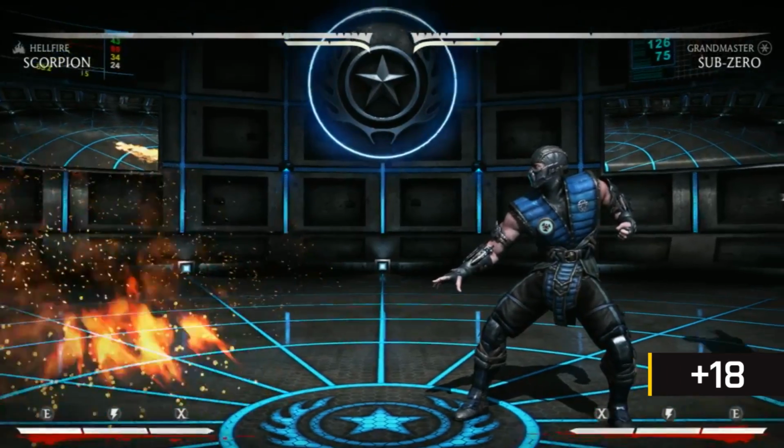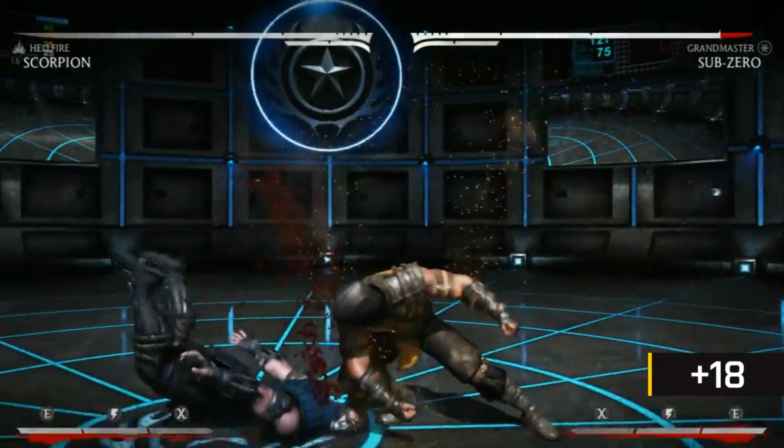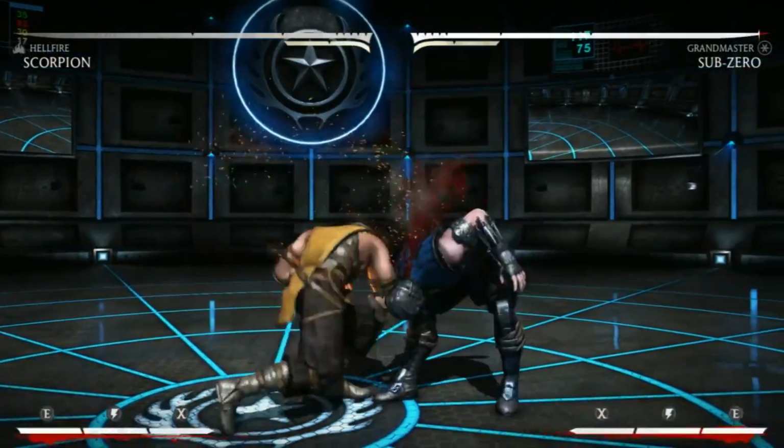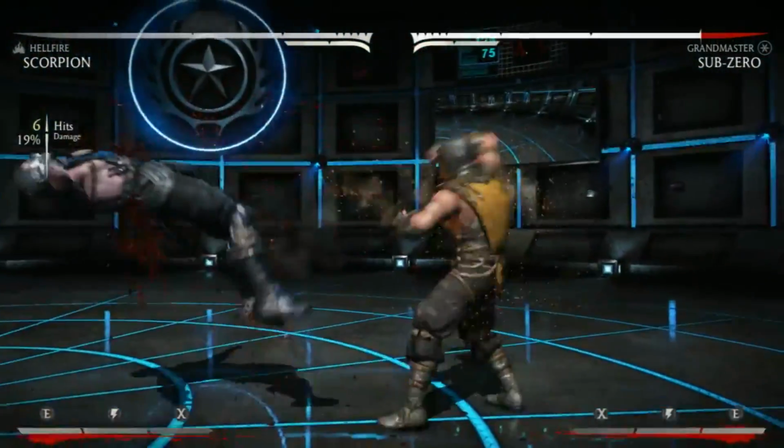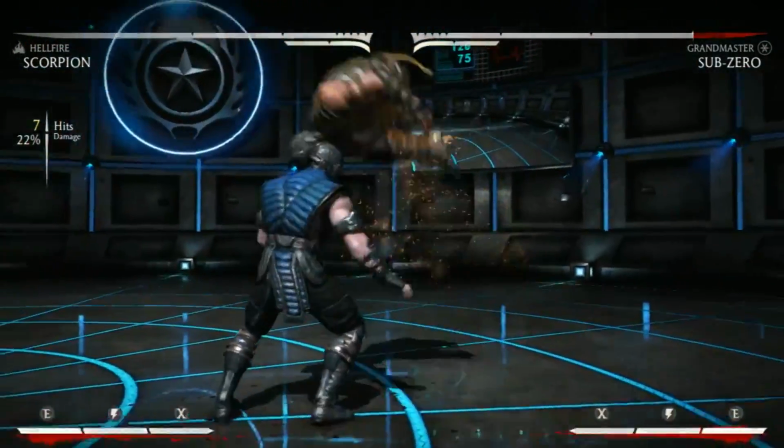Scorpion's teleport is +18 on hit. How can we tell if a move is negative or plus? Look to the left of the number listed. The minus symbol means that a move is minus, and the lack of a minus symbol means that a move is plus. This means that for 18 frames, Scorpion can move before the opponent can after his teleport connects,